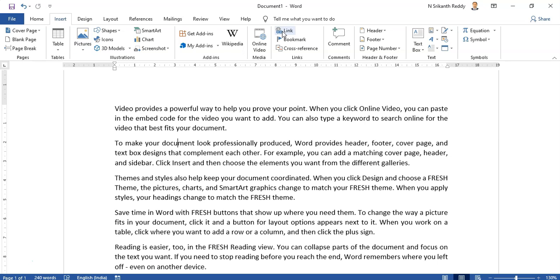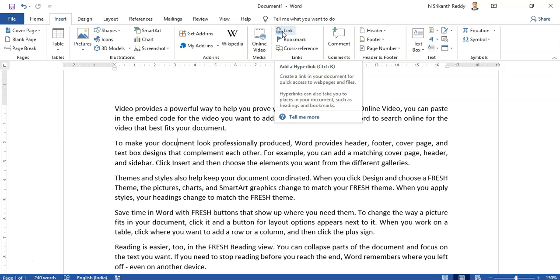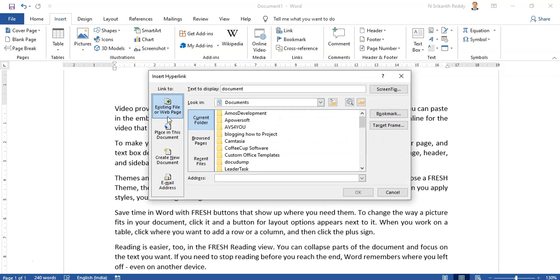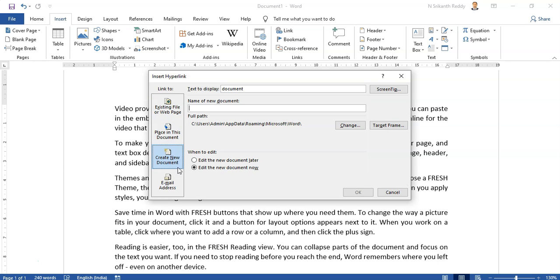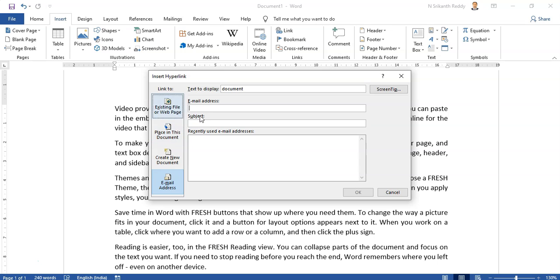Insert a link there. This is the hyperlink. Once you click that, you can either link to an existing file or a web page, so it will take you to the file or the web page or some place in the document, or it can create a new document, or it can connect to an email address.